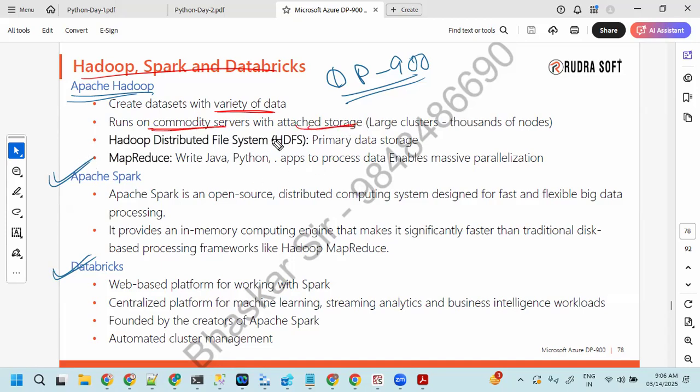We are going to have a storage called HDFS as a primary storage, Hadoop Distributed File System. And in order to provide the solution for your big data, they came up with MapReduce, so that you can write it with Java, Python MapReduce. Previously, at the very start of the early age of Hadoop, there was only Java. Later, Python was also added. Okay, so this was an older traditional service. It is to avoid this one.